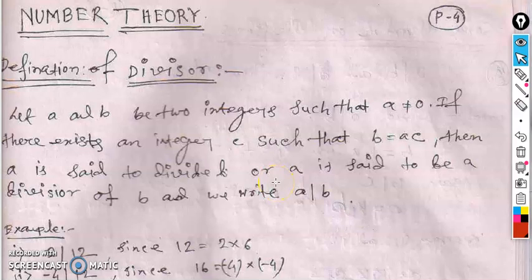This is our 10th lecture related to number theory. That's your module 1 topic. If we recall the last lecture, we discussed the division algorithm. Let a and b be two integers, then a can be represented as bq plus r, where q and r are unique elements.